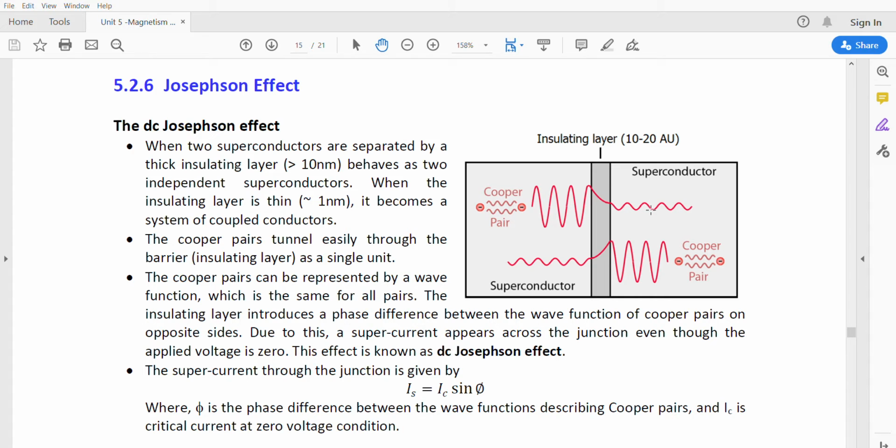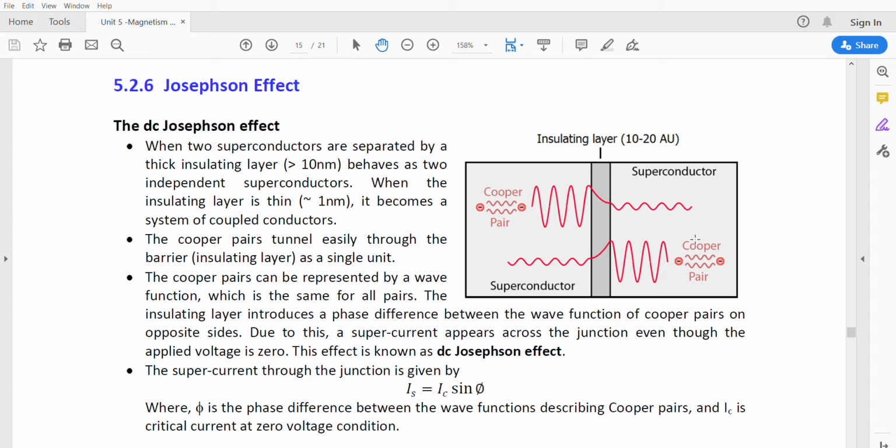The phase difference changes after traveling through the insulating material, and these Cooper pairs will easily tunnel through this barrier. A huge number of Cooper pairs will travel from one superconductor to another. It is observed that a high current flow is produced in this type of arrangement. When you join two superconductors with an insulating material, a huge number of Cooper pairs travel through that barrier from first to second and second to first superconductors. Due to that, high conductivity is possible. That type of current flow is said to be the supercurrent.